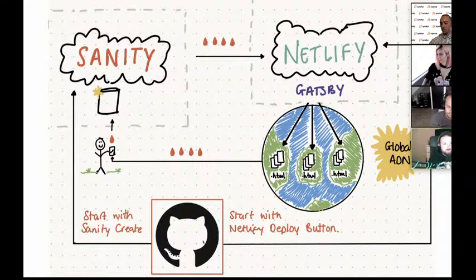The problem, I suppose, to kick off with a negative, is that there's a little bit of effort involved in getting this thing up and running. You do need to be technically minded. You need to have a GitHub account, an account with Netlify, and an account with Sanity. So this system is very much targeted towards developers at this stage, but mainly as a proof of concept,